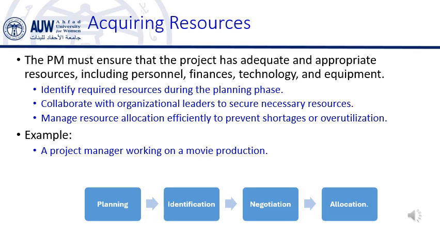Challenges in acquiring resources. There are several challenges that a PM might face while acquiring resources. Let's look at a few common ones. Resource shortages. Sometimes, the resources needed for a project are in limited supply, such as specialized labor, rare materials, or expensive equipment. Example. A construction PM might find that certain building materials are backordered, or a software development PM might find that developers with the required expertise are in high demand. In such cases, the PM may need to adjust the timeline or find alternative resources to prevent delays.